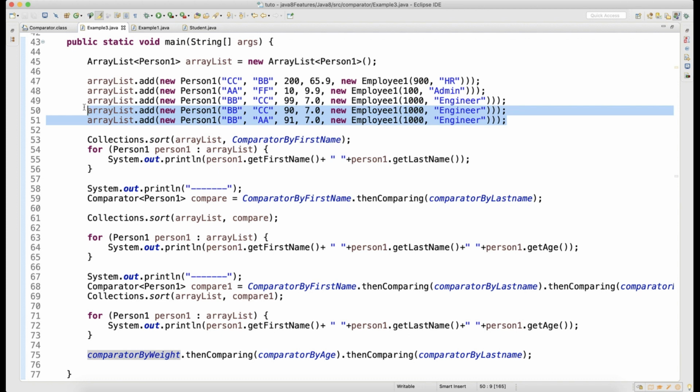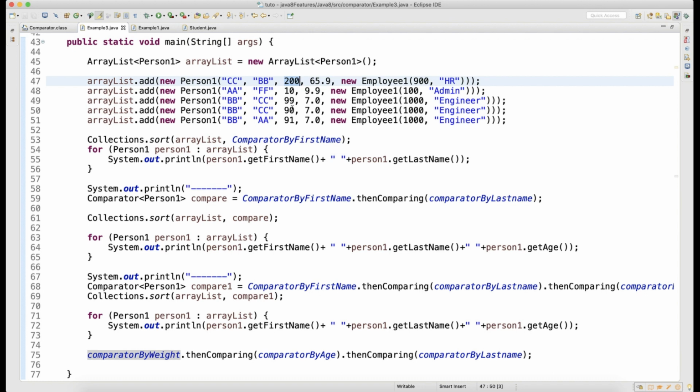Because see, logically try to understand, when we have a record, one comparator is doing that based on the first name. Now when I do then comparing based on the last name, it should not override my compare result of the first name, right? It should override only if there is any duplicacy. If there is no duplicacy, ideally it should not override. If it is overriding, then it does not make any sense. So if there is any duplicacy in the record, then only it should change. Based on last name, it should come into the picture. Same thing with the age also. If the age is duplicate, then only the age-based comparison should come into the picture.